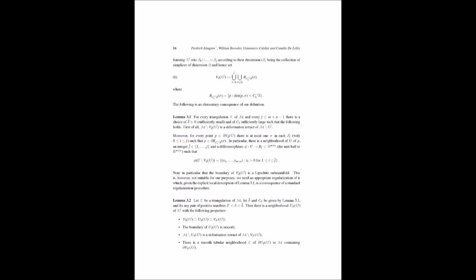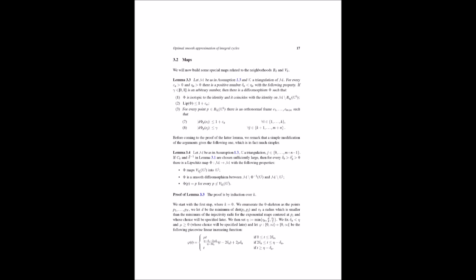Exactly. The next step is to approximate the integral cycle with a special type of current called a polyhedral chain. Okay. Imagine a polyhedral chain as a surface built from flat pieces like a 3D jigsaw puzzle. So they're replacing the potentially curvy and complicated integral cycle with something more structured and easier to work with. Precisely, this polyhedral chain will be close to the original integral cycle in both mass and flat norm. Okay. And it'll have the additional property of being smooth outside of a small neighborhood of the M2 skeleton of